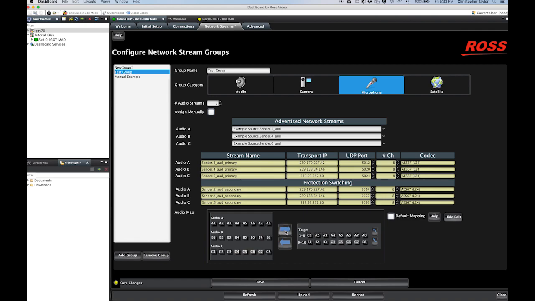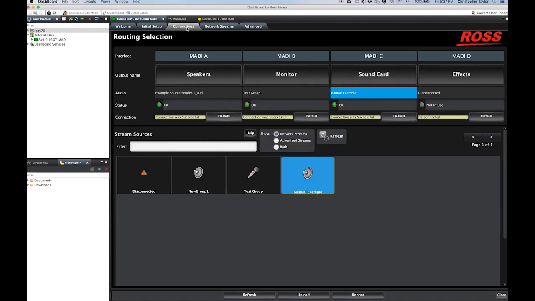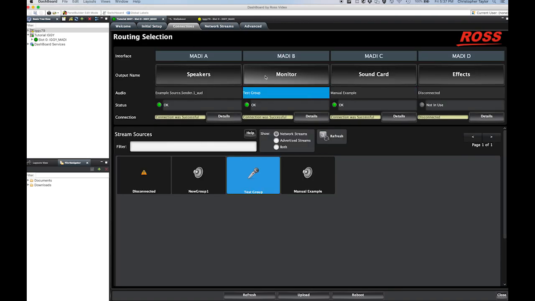You can also select one stream channel on the left and multiple destination target map locations to repeat the source into multiple target channels. The buttons on the right allow you to move the target channels around within the target space. Don't forget to save any changes that you make to a network group, or you can click Cancel to revert the network group to how it was before you made edits. To use the changed version of a network stream group, you must reconnect it in the Connections tab.